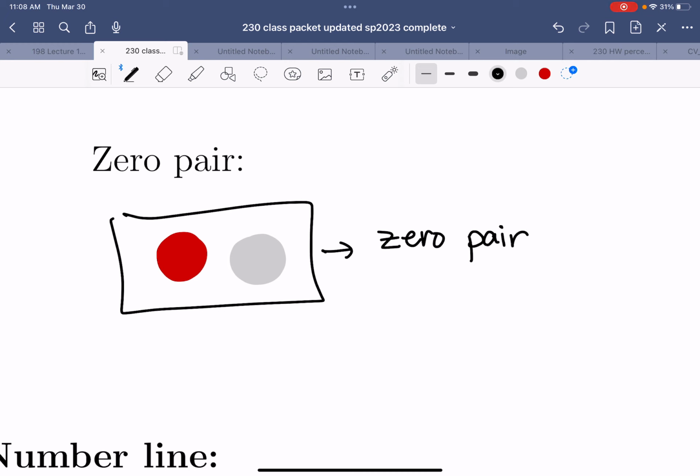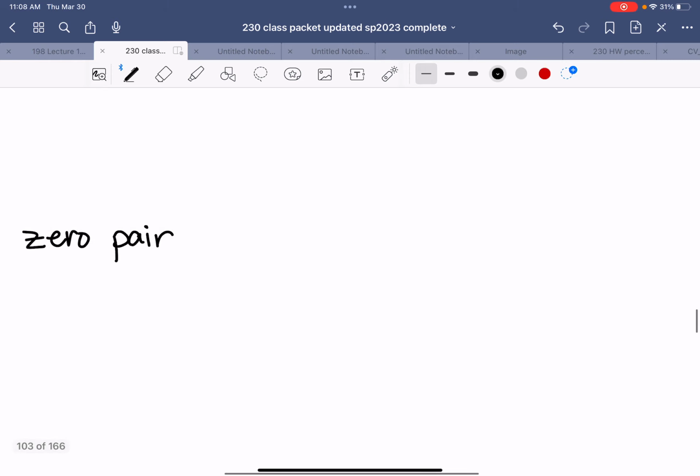And that's because together you have a positive one and a negative one and they cancel each other out. So this is just 0. And that means that to any number of chips that are on the table, I can add in as many 0 pairs as I want and still have the same number, right? So if I have something that looks like this,